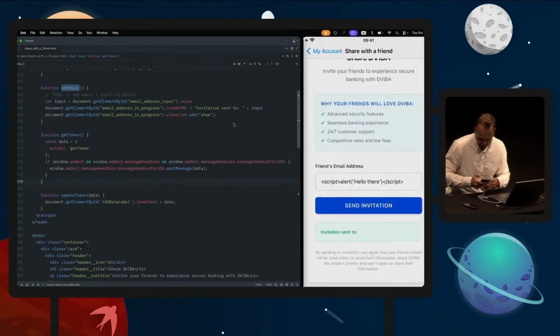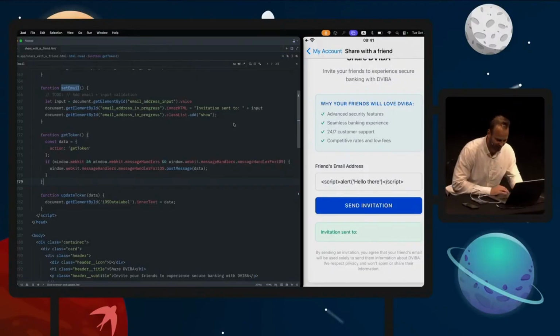Now if I press send, nothing happened. Yeah, well, why nothing happened? First of all, that's a bit disappointing, but yeah, I wouldn't expect anything else. So the thing is that the web view is already loaded. So we are actually injecting the script into the web view, into the JavaScript. The script is there, but nothing is calling our script. So that's the problem.